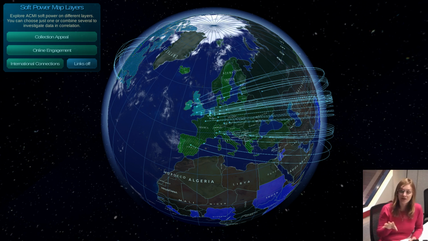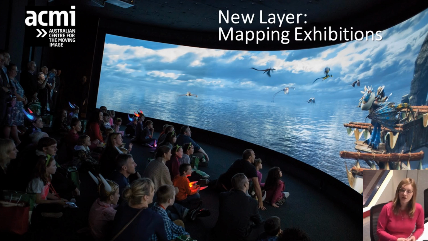These are the geographic areas where Australia is connected to the rest of the world the most through different partnerships and relationships developed throughout the years. So this information, of course, added new details on soft power development. However, a soft power digital mapping multi-layered system is not a completed project, and there are new layers that I'm working on developing further right now.